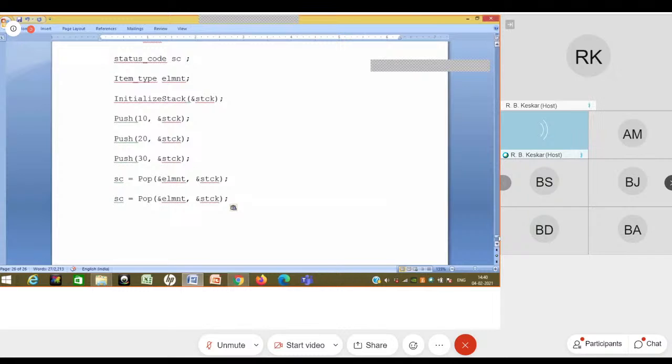The user of my library, and I am the writer of the stack library, should not change their code just because my implementation changes from array to linked list. Without anyone else changing their code, I can change the implementation of my library, and I can release that library as a dynamically linked library, in which case nothing changes actually. If I release that as a static library, at least one more compilation is required on the user's end. But if I release it as a dynamic library, then in that case